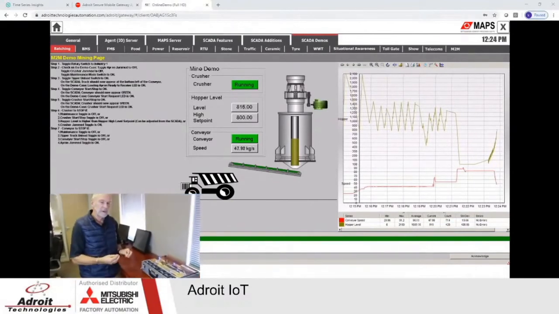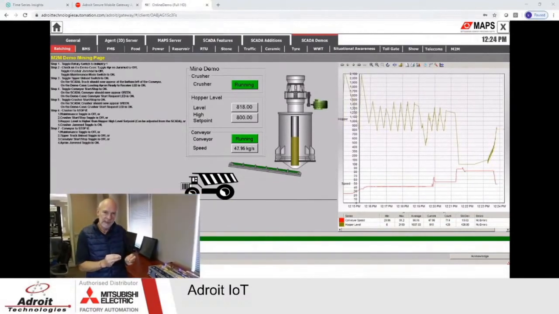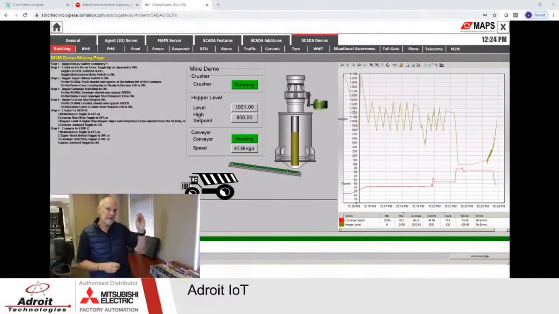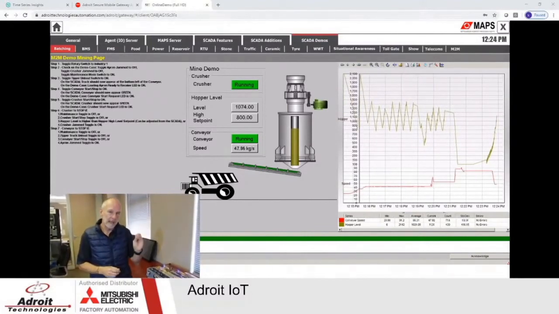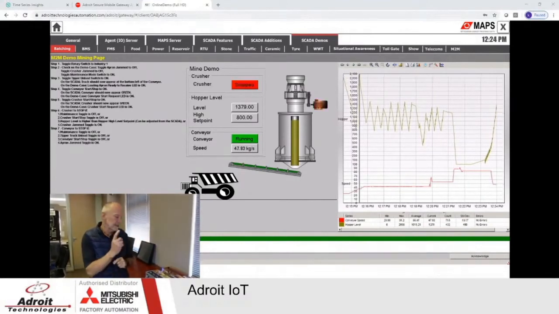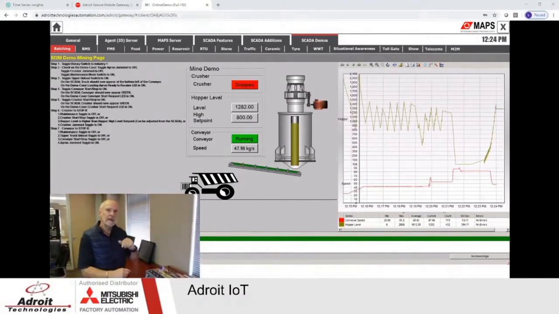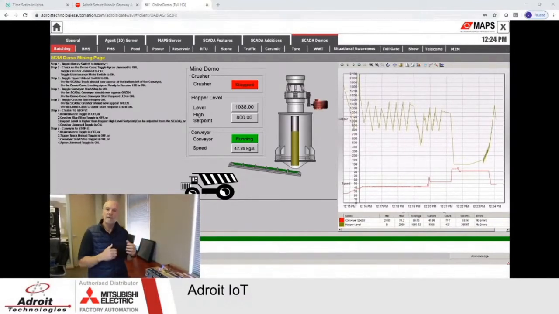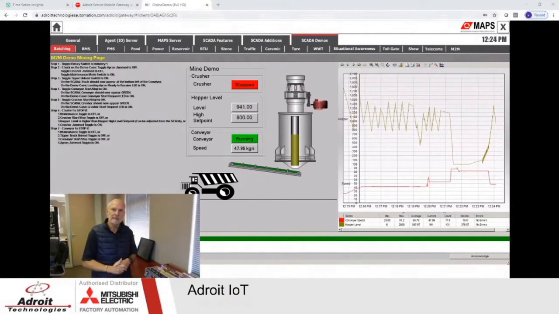And basically what we're doing is we are collecting the data using the M2M protocol, transferring that to the Adroit demo in the cloud, and from there we are now every minute processing that data, taking the same data that we have here and popping it straight into the Azure IoT hub. And from there, of course, your analysts can take that data and analyze the plant.